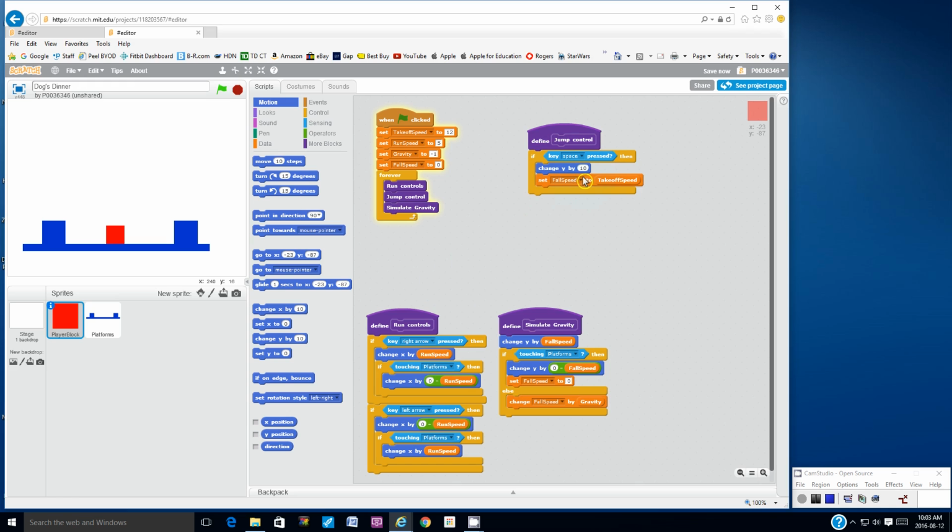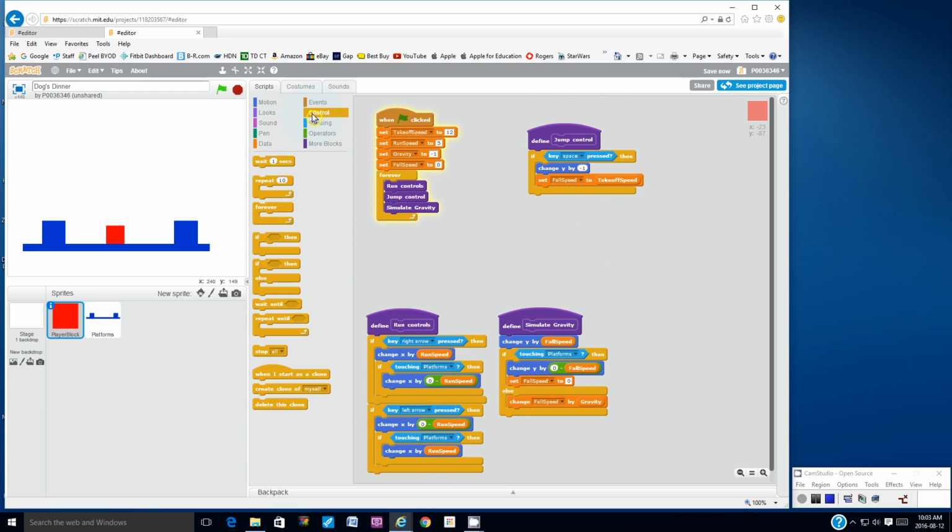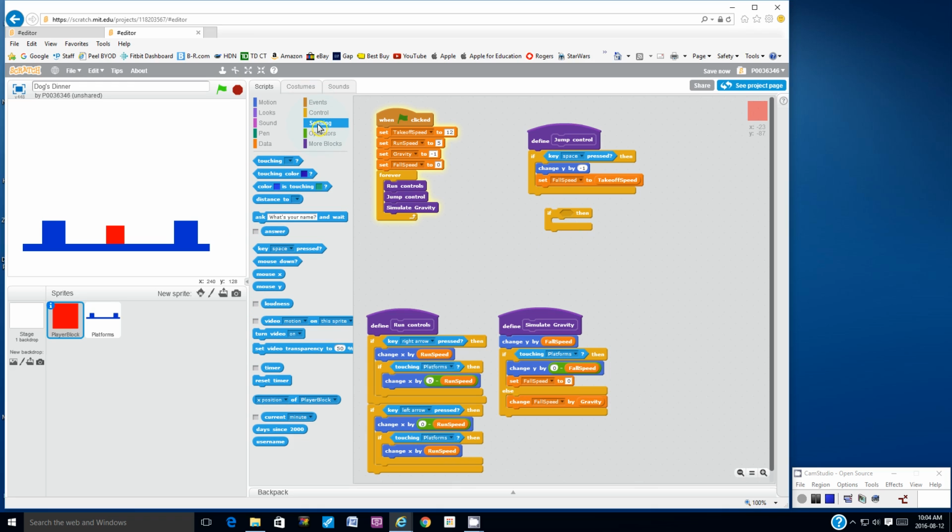So we're going to change Y by -1. Then we're going to go to the control blocks and grab an if-then block. Let's go to the sensing blocks. So if the player block is touching the platforms,